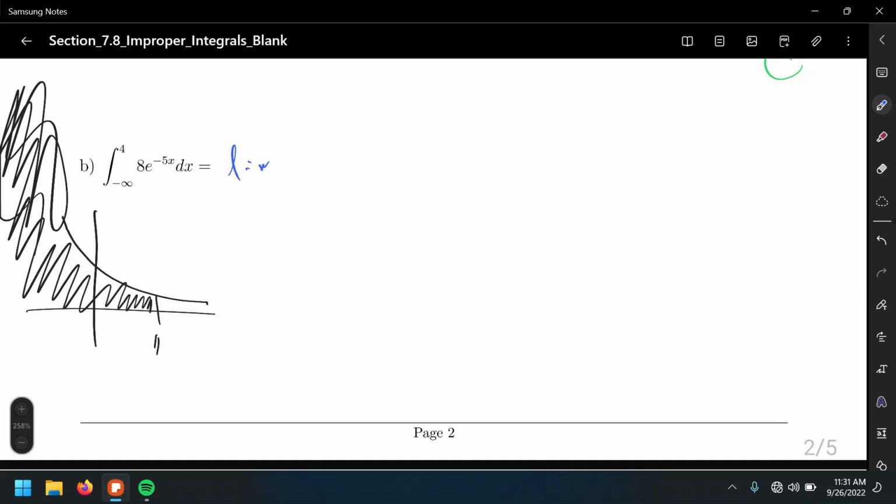So number one, limit as a, not b, approaching negative infinity, the integral from a to 4. Let me take the 8 outside of the integral, e to the negative 5x. That's equal to 8, limit as a approaching negative infinity. What's the integral of e to the negative 5x? Number one, it's itself,